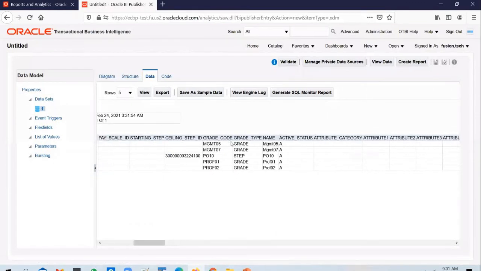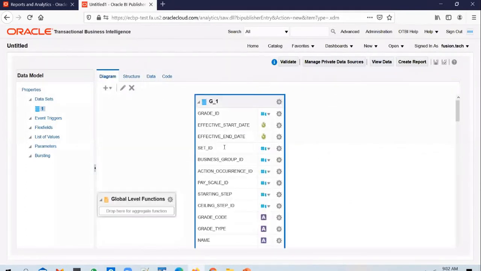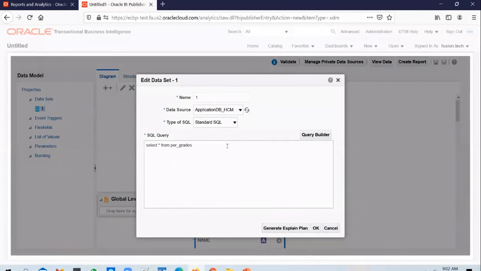And you will have an option to search for the grade by name. So you can say where name equal to FT14, or you can just say where name like FT14 percentage.